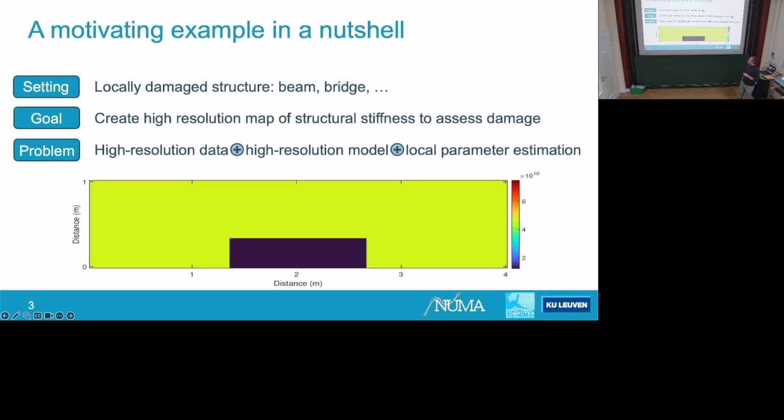The issue that they have is that if you want to do a finite element simulation of this bridge under load, this is a high resolution finite element simulation, so expensive for just one simulation. If you want to infer the parameters, the stiffness parameter of the bridge, which determines how resistant it is to deformation, for the inference you need to run the simulation many times. So each simulation is already expensive. That's problem number 1, a high resolution model.